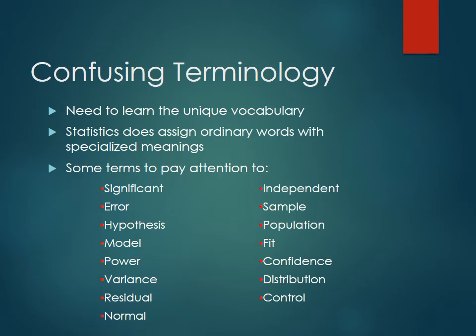There's also lots of confusing terminology, so we'll talk about definitions as we go along. Again, if I ever say anything that doesn't make sense, please interrupt me so I can talk about it. Here are some of the things we'll look at as we go through the rest of the semester: significance. What does significance actually mean? Also errors and hypotheses. If you see these come up, make special note of them and highlight them. They'll probably come up later for testing purposes. This is just the natural jargon you need to know in order to discuss these things intelligently.